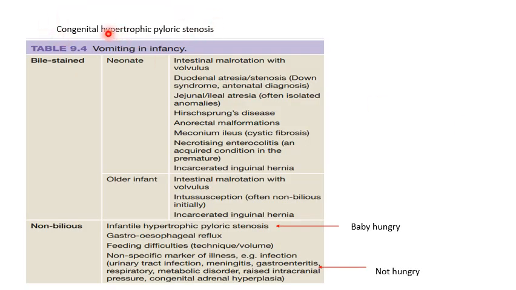Now, coming to infantile hypertrophic pyloric stenosis, any vomiting in infancy divides into bile-stained and non-bilious. Again, bile-stained you divide into neonate and older infant. When it comes to non-bilious, the first thing that should come to your mind is hypertrophic pyloric stenosis or gastroesophageal reflux. Then you can have non-specific symptoms of a serious illness like infection, meningitis, gastroenteritis, a whole lot